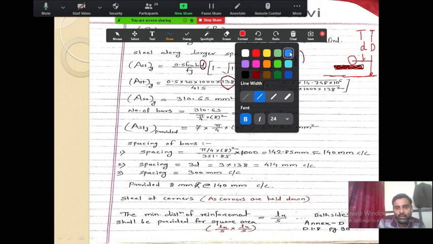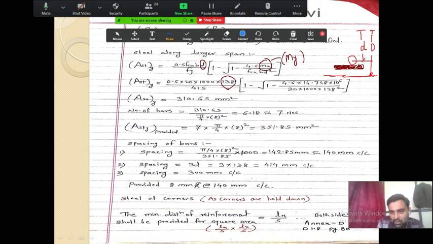And in between the middle distance, this is your clear cover, which we have assumed 15, and this is your bar diameter, which is from the x direction bar, 8 mm, and from the center this distance is 4 mm, 8 by 2. And this total is again it. So that is why we got this depth as 138.